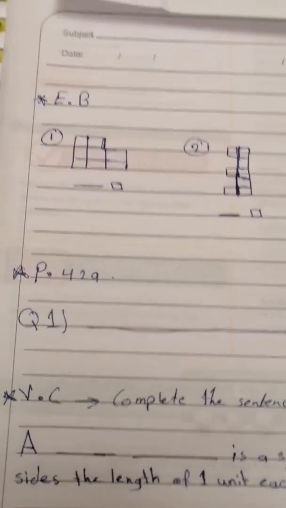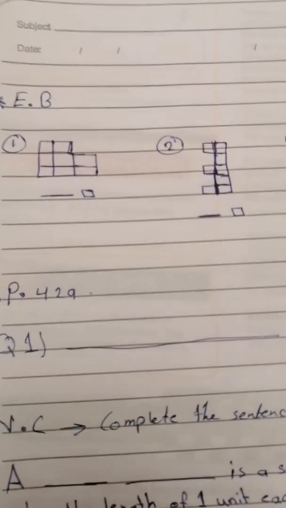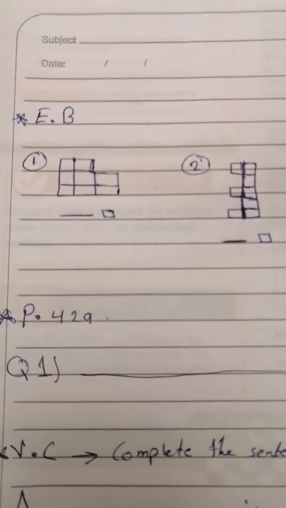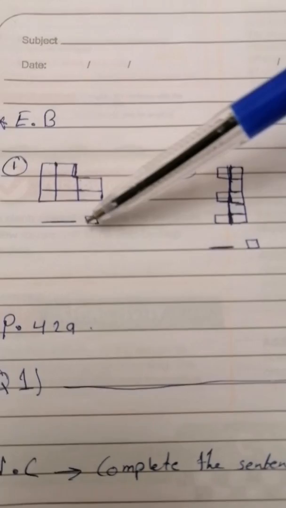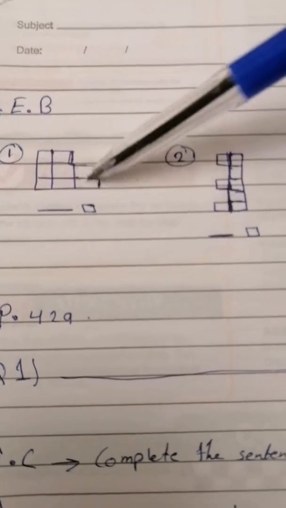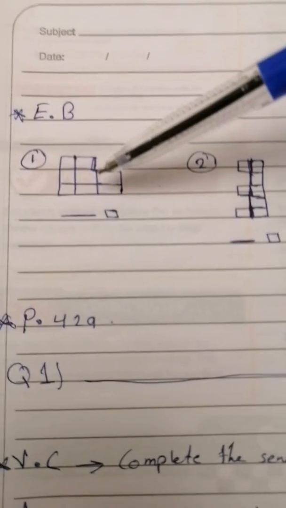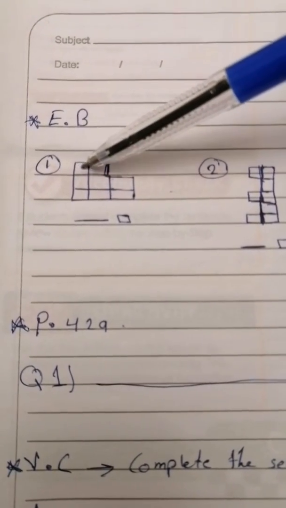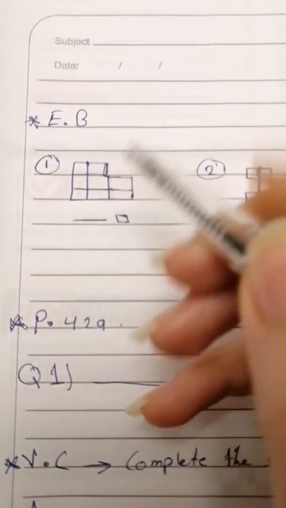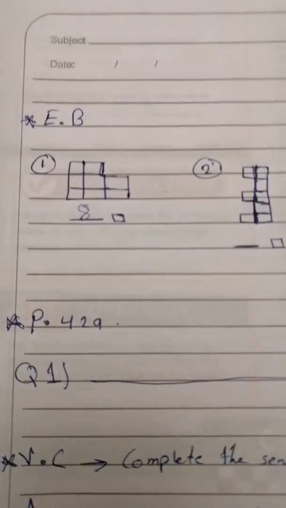Okay, now please go with me to the same page. Here's the shape that we have. Now to find the area, we have to count all the square units that we have. So how many square units do we have on the first one? 1, 2, 3, 4, 5, 6, 7, 8. So how many square units? 8. Area